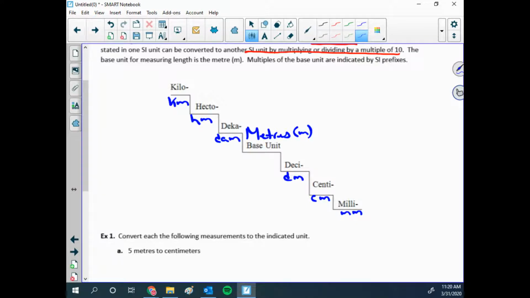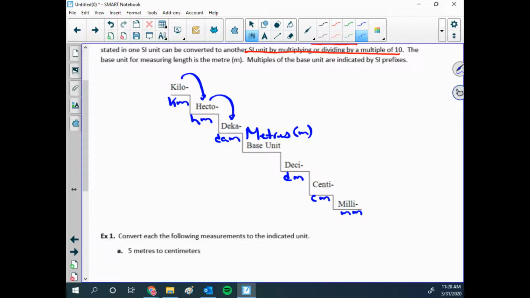So then what we have to do is, how can I use this staircase to convert from one unit to another? A lot of us know off the top of our head, like 1 meter is 100 centimeters, or 1 centimeter is 10 millimeters. A lot of us know those unit conversions off the top of their head, but how do they apply to this staircase? Well, every time I go down